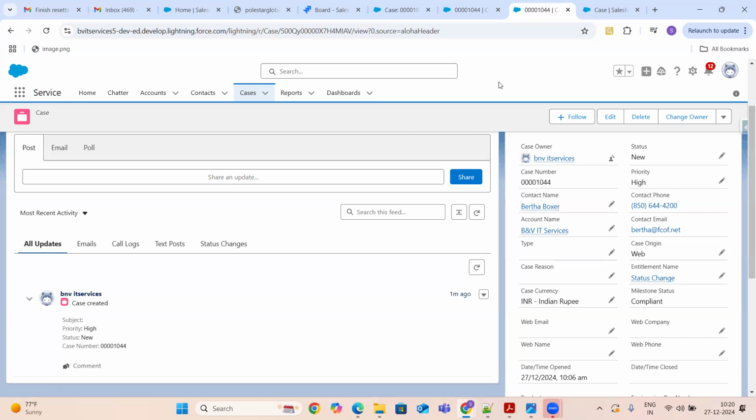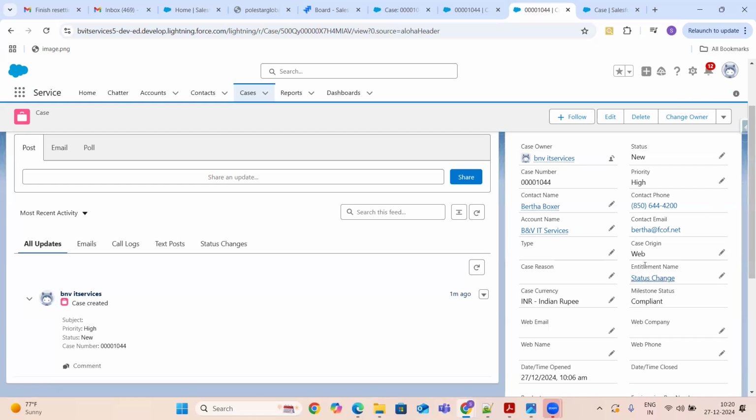Okay, in the Classic, accessing of the things is different, like accessing of the application, accessing of the object. That is a little bit different, but functionality wise, it's same, right? So we can switch back to Classic and we can verify our functionality, whether it is working or not. Okay, if it works in Classic, then fine. It's just a refresh issue in Lightning. It will start working. Okay.